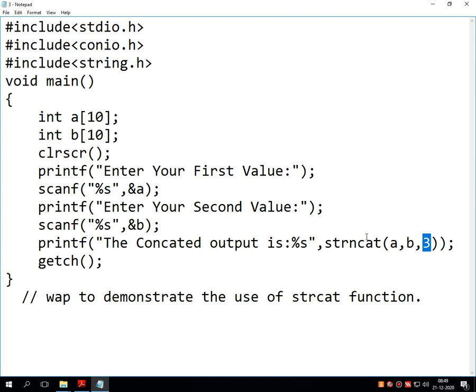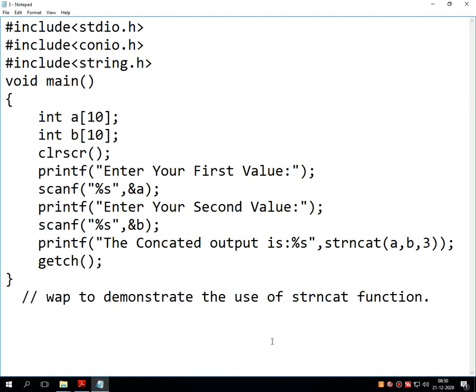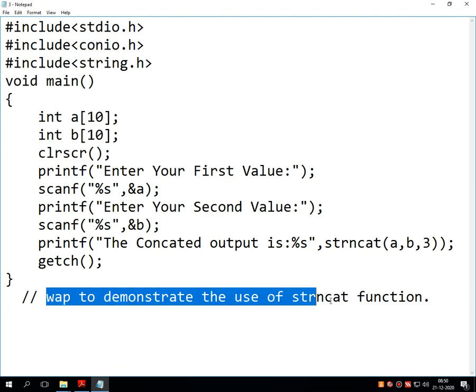That means it will extract the first 3 characters from the second string and concatenate them with the first string and print the entire string on the screen. So write down the definition of this particular program. Write a program to demonstrate the use of strncat function. This is the definition.